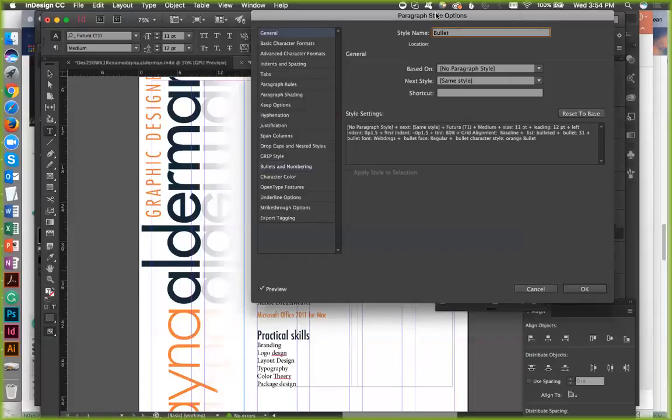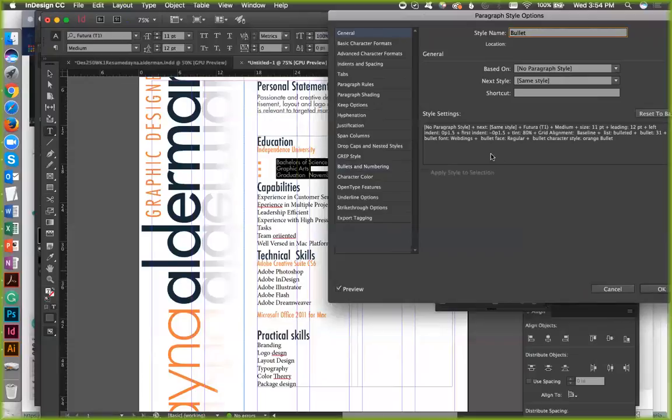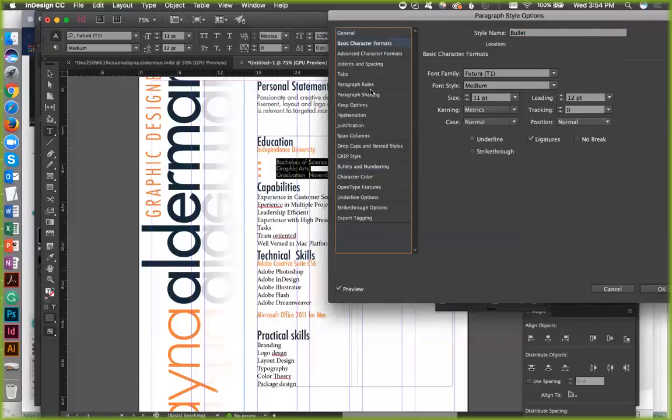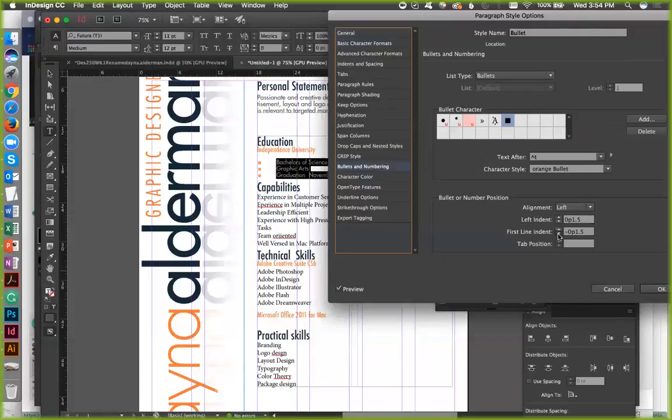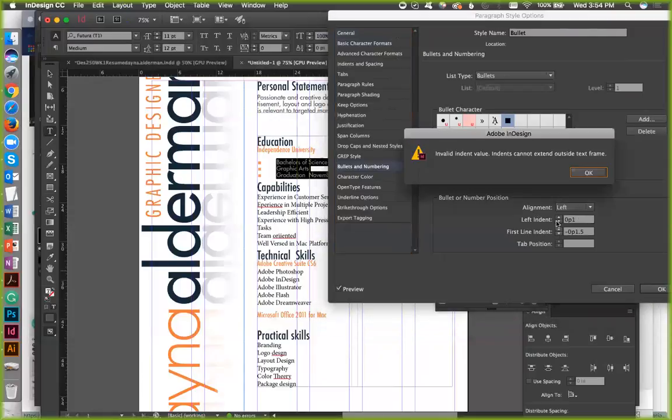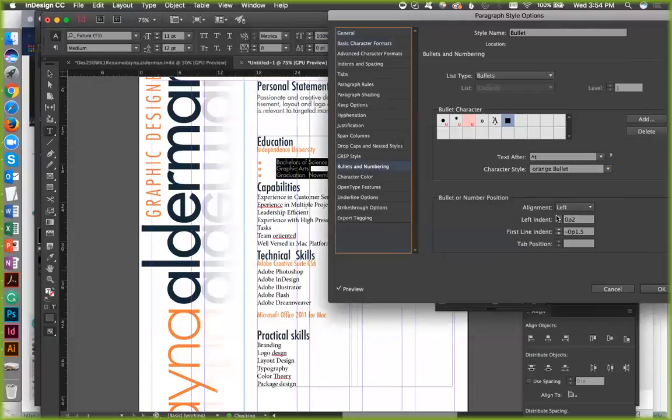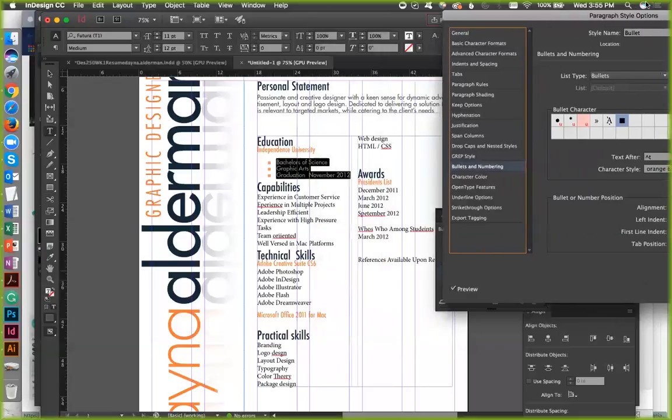Okay. Now that we have that already set up, now I can come over here and I can kind of change. I'm going to bullets and numbering. Let me kind of change. Oh, wrong one. This. No. Up, up, up, up. Move those bullets closer in. And no. Just like, well, not too much. Okay.